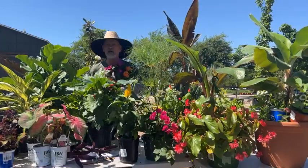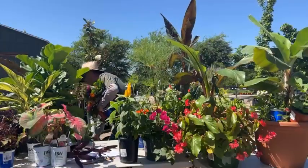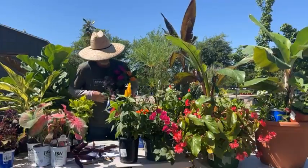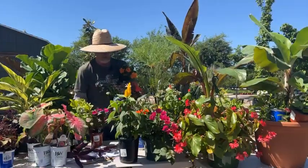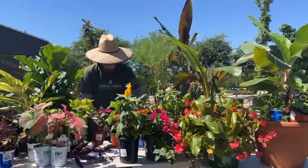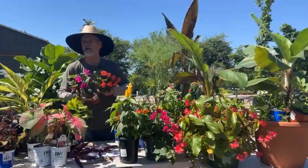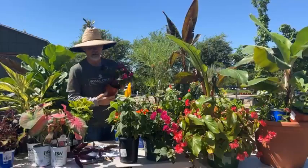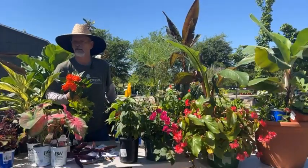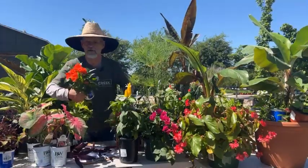Uh-oh. It's a jungle out here. And of course, these are annuals, New Guinea impatiens. And I brought them because another thing that says exotic is color. And to me, nothing says exotic color like orange. And the neat thing is on this one, and I don't know if you can see it on the camera,